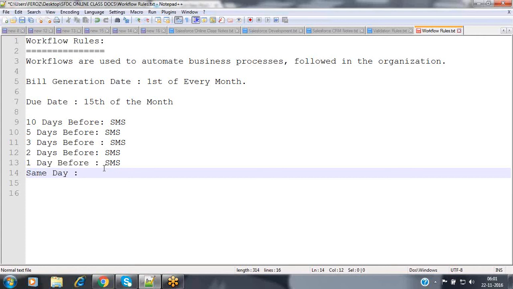Now in these workflows, we are not only reminding the people, we are also updating certain records based on the need. We are also sending some notifications to external systems. So you are saying this is just one example of a workflow, like an alert system, but it can do a whole lot more than that, right? Yes.